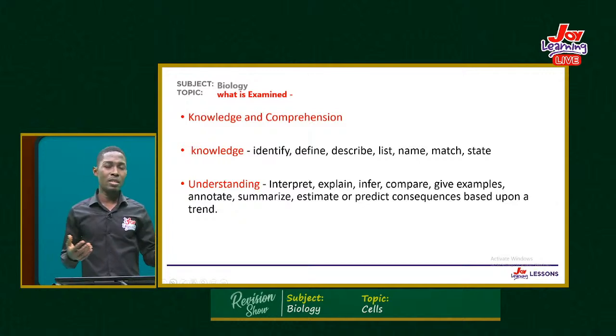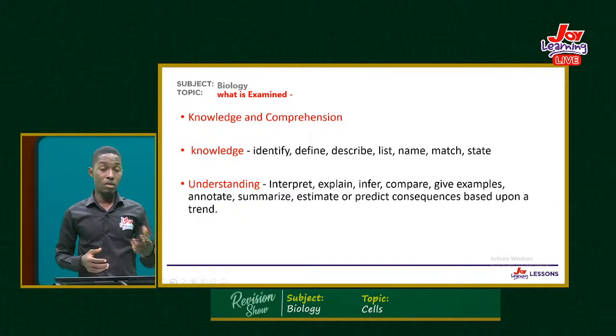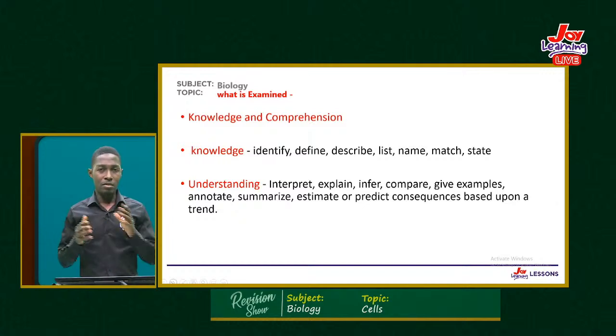Hardly do they ask an annotated diagram. Annotated diagram is where you draw something, you label, and you try to write a function of that part you've labeled just in a bracket under it. It's good for personal studies. Then how to summarize things, predict consequences based on a trend. So you just look at the 2021 NOVDEC, you find out that they asked a certain question about antelopes and tigers. There is such a question. This is where now we are turning our attention to. We want you, the student, to think rather than just to